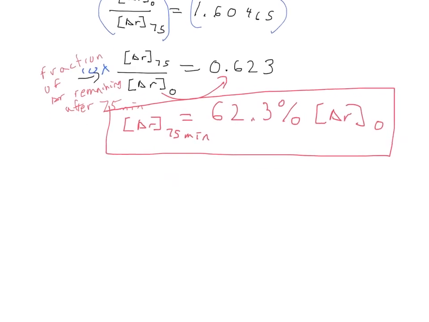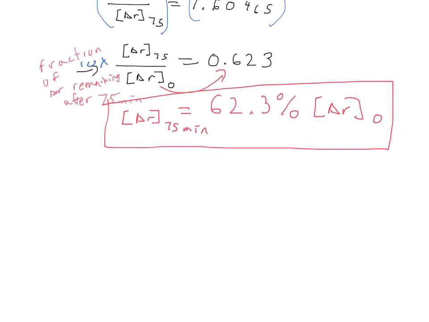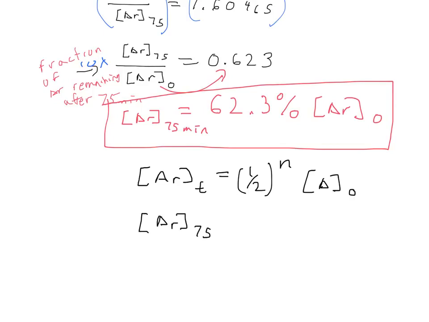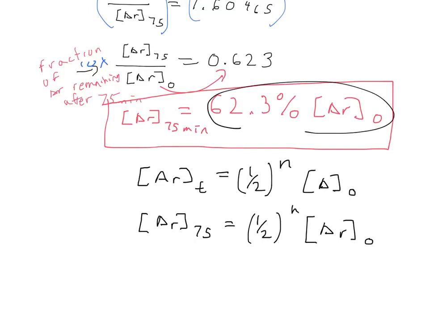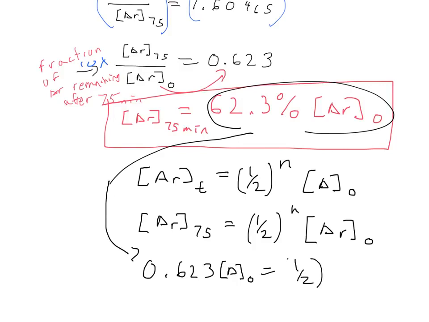I can then take this relationship and go to that half-life formula that we've used time and time again, where we say, so for this scenario, we're going to say, by substitution, 0.623 a sub 0 equals 1/2 to the n